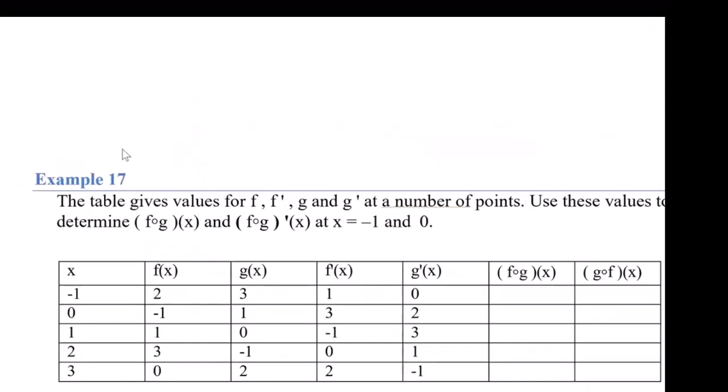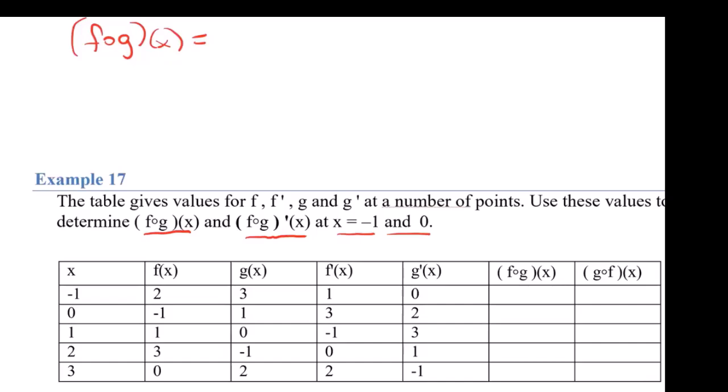Example 17. The table gives values for f, f prime, g, and g prime at a number of points. Use these values to determine the composition of f of g of x and the derivative of f of g of x at x equals -1 and x equals 0. Okay, so let's start with f composed with g of x